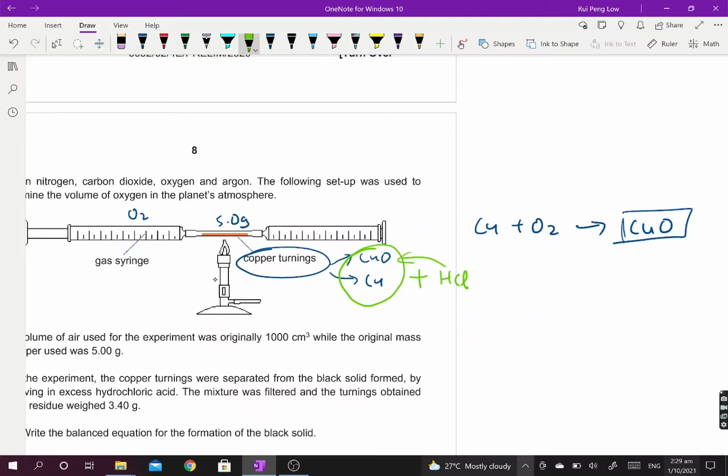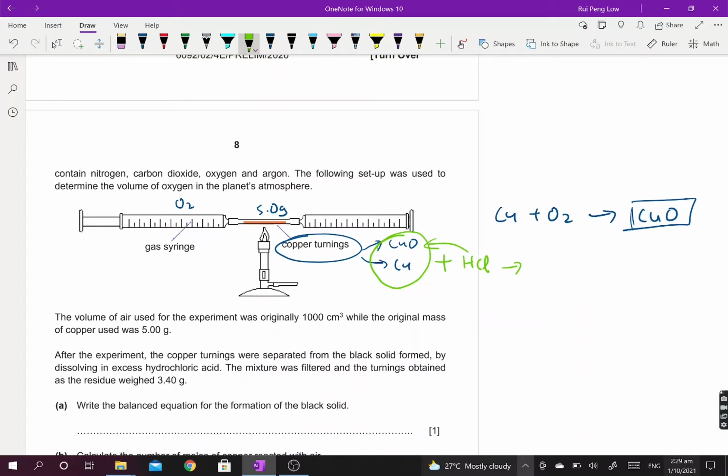As I mentioned earlier, copper does not react with acid, and hence the leftover, the residual weight, 3.4 grams, is your copper. Which means that 1.6 grams of copper reacted